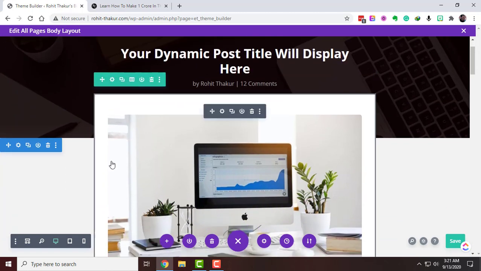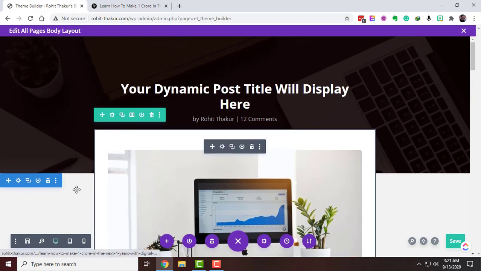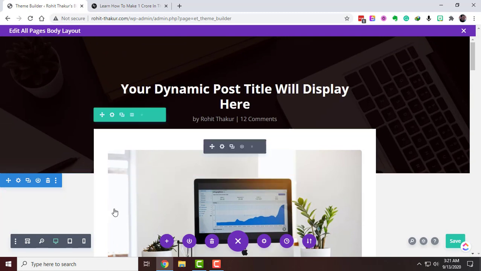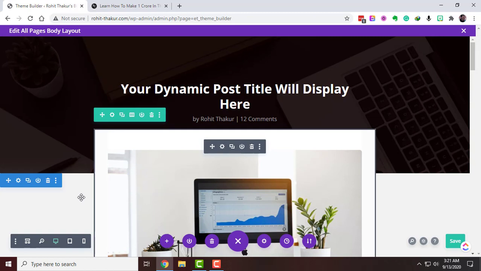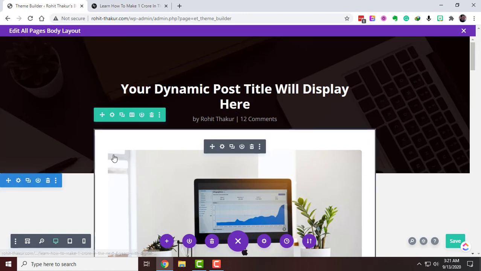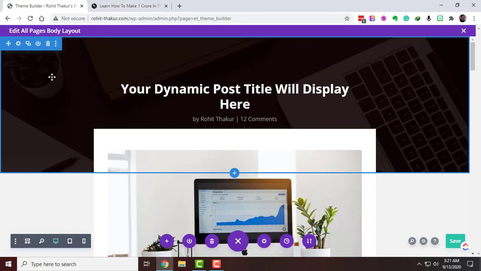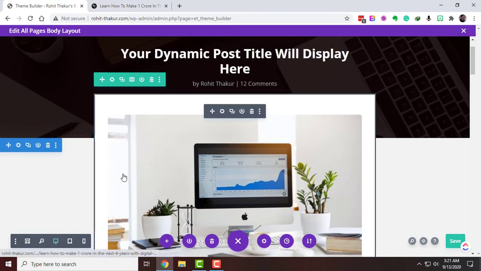This is the section, this is the row, and this column is inside this blue row. You have to remember that this section is not inside our header, it is inside our content area.